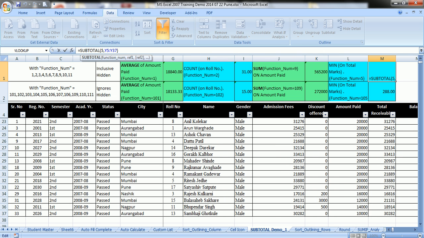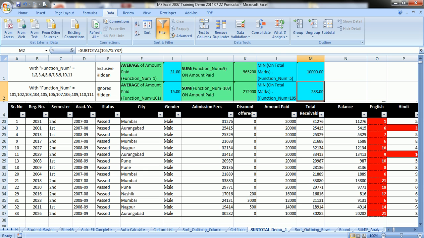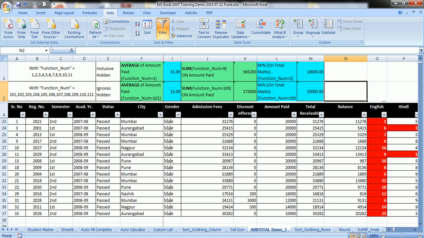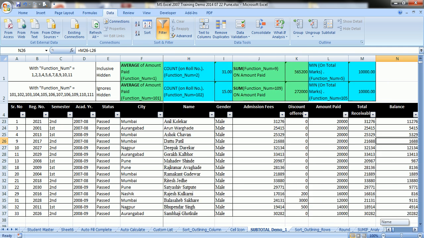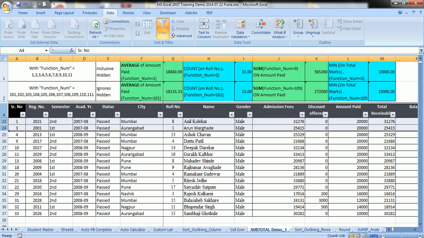We will change it to amount paid to let it have everything in front of you. Amount paid is in column L. So L, L. Similarly for L, and remove hidden values.